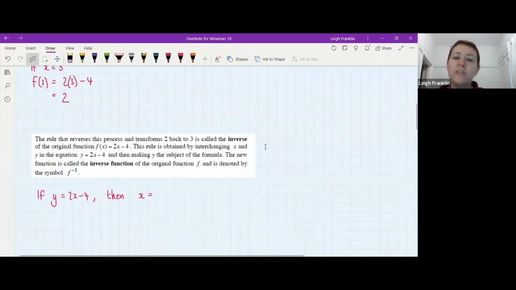The rule that reverses this process and transforms 2 back into 3 is called the inverse of the original function. And we would obtain that by interchanging x and y in our original function and then making y the subject of the formula. So this new function that we are obtaining has different notation. So when we are talking about functional notation or the inverse function, our functional notation looks like this. So if we were talking about f of x equals 2x minus 4, we would write the inverse of this